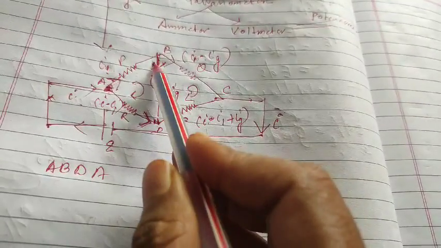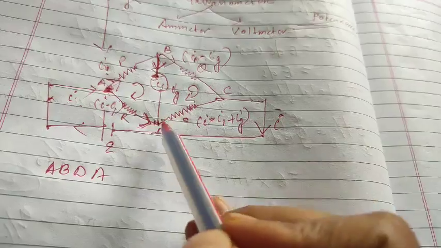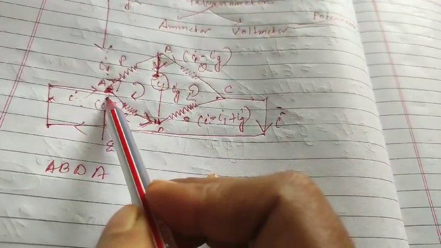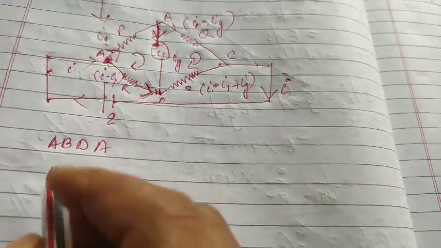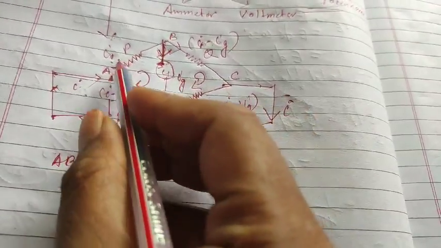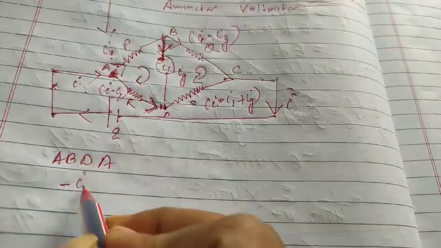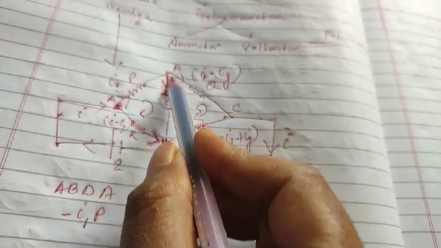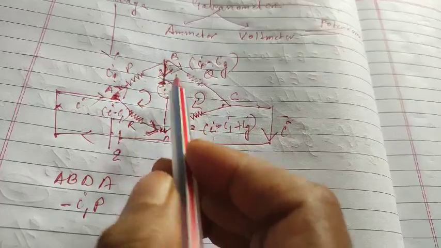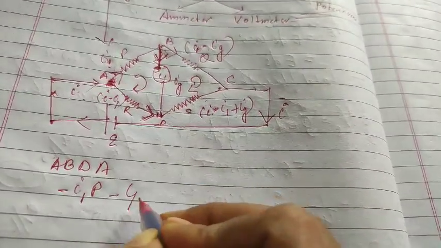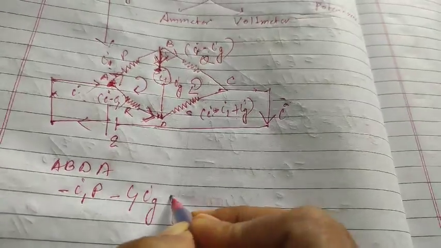So this we will take negative, this we will take negative. But when we are going from D to A, we will consider it as positive voltage. Clear? Okay. Now you tell me minus IR. I is how much? A to B: I1, resistance is P. Then you are going B to D. What is your resistance? You can consider resistance as capital G and current is Ig. But this should be plus 12.